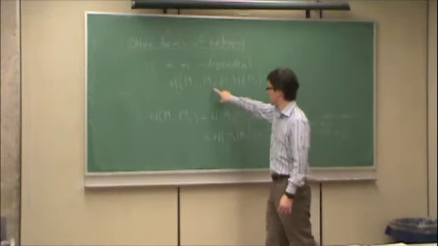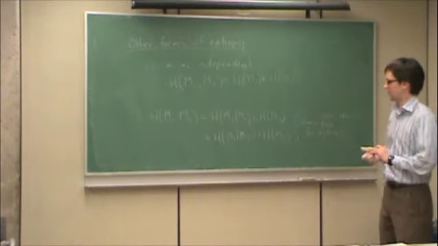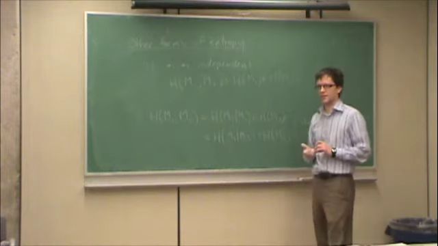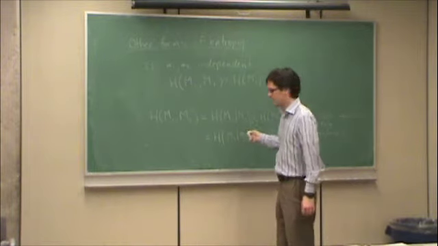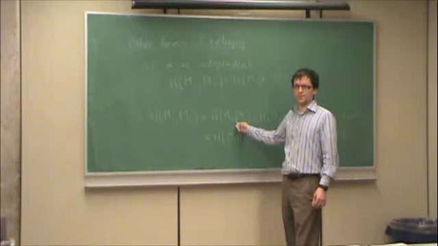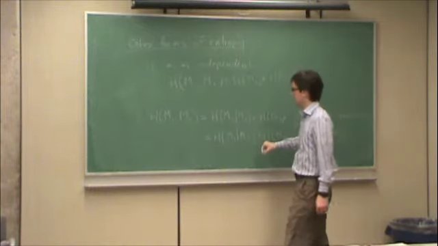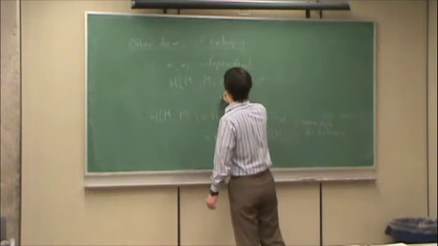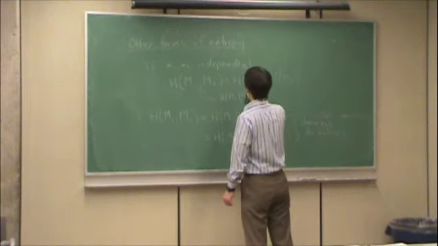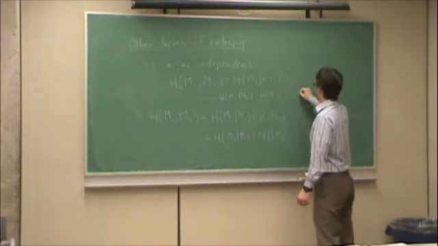So given this and this, can we make any statements about conditional entropy if two message sets are independent? So for instance, if M2 and M1 are independent, what is the conditional entropy? It's just H of M2. So in other words, by looking at this and these, I can argue if M1 and M2 are independent, then it follows that H of M1 given M2 is equal to H of M1, and H of M2 given M1